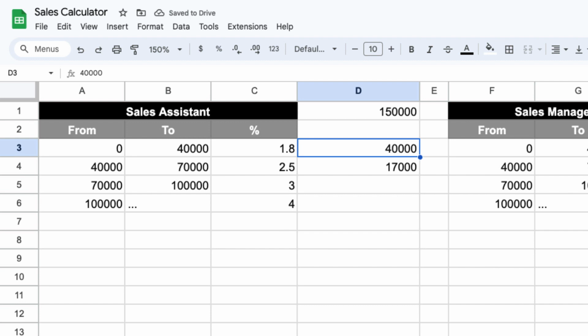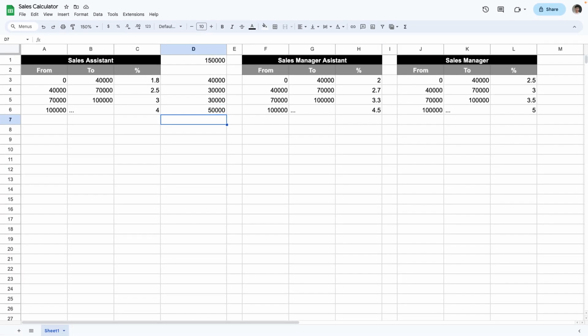For the initial 40,000, I'm gonna calculate the salary with 1.8%, and for the rest 30,000, I'm gonna calculate the salary with 2.5%. For the next 30,000, I'm gonna calculate the salary with 3%. For the next 50,000 part, I'm gonna give the salary with 4% rate. So the calculation should be done like this. I think right now we got the logic behind our calculation, so let's try to implement it using our